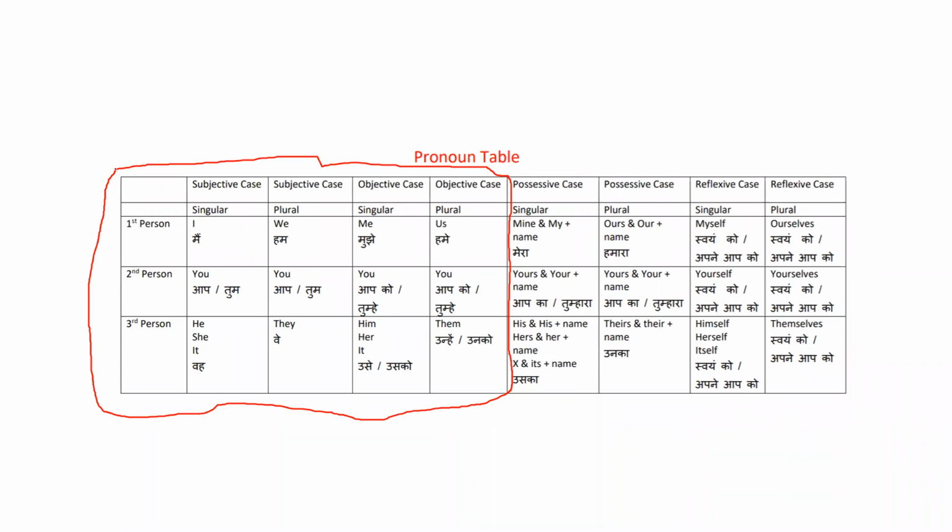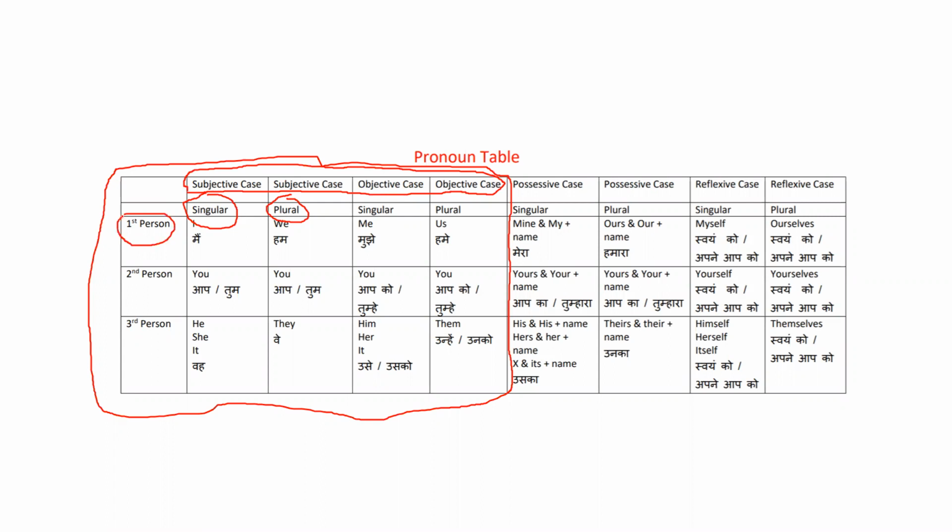So dear students, our personal pronouns are divided into 3 parts: first person, second person, and third person, as I have written here. Then further it is divided into singular and plural. You can see here. Then further it's divided into subjective case and objective case, right? As you can see this. So firstly, let's understand what is first person.